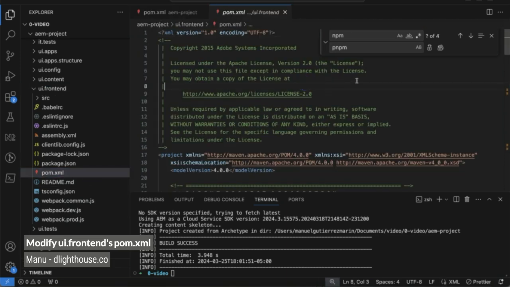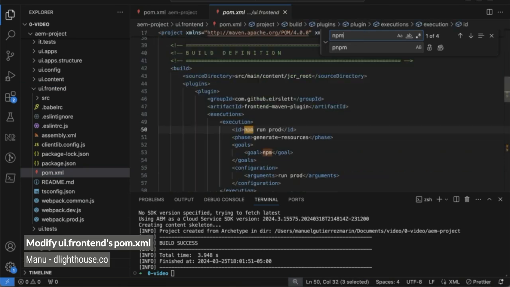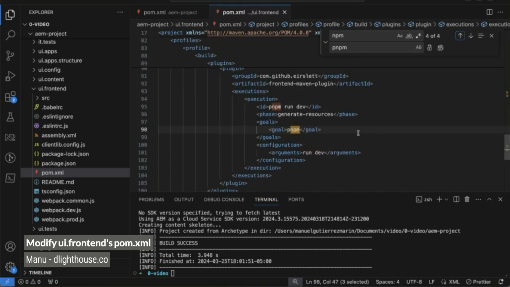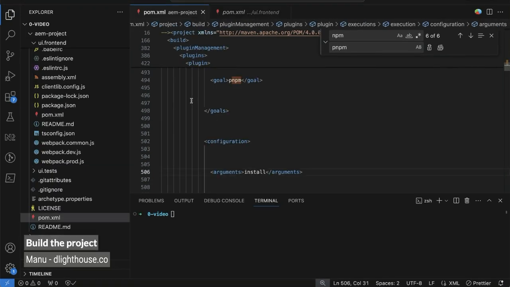We need to perform the same process. Look for the instances of npm and then replace them with pnpm. Save the file, and we are done. So now, let's build the project